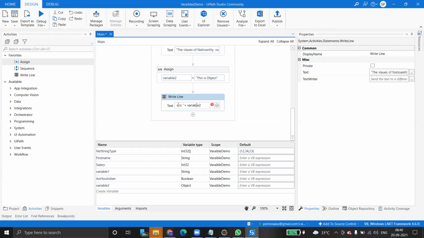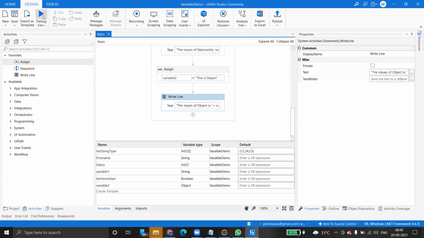The value of object is, okay. So enter. No, still it's getting an error. What is the error again? See, it should be variable 2 dot ToString. Control S. Now what type is it?